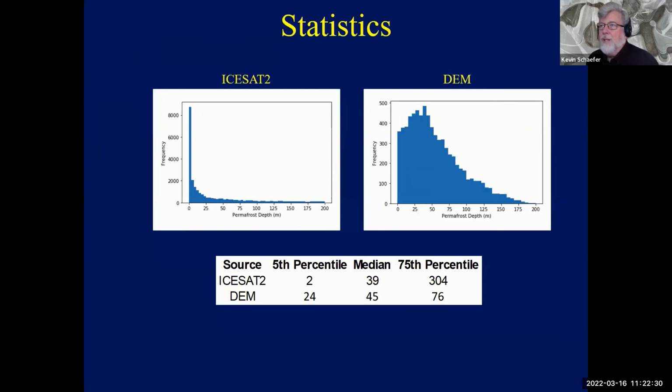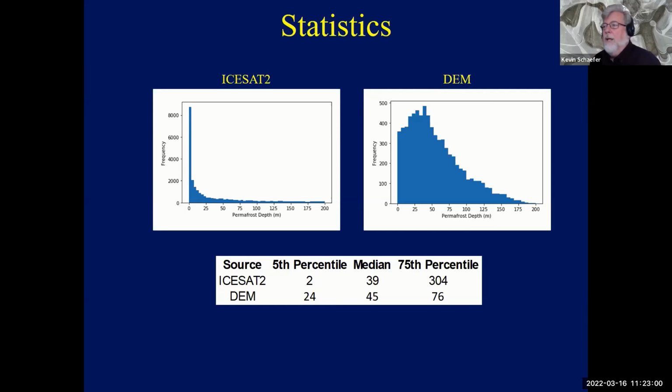Now, some statistics. On the left is basically a histogram of what ISAT gets, and on the right is a histogram of what the DEM gets. There's just a lot more data with the DEM, and that probably accounts for the shape difference. But if you look at the median values for ISAT-2 and the DEM, they're actually pretty close to one another. ISAT-2 is estimating a median value of 39, and with the DEM we're getting a median value of 45